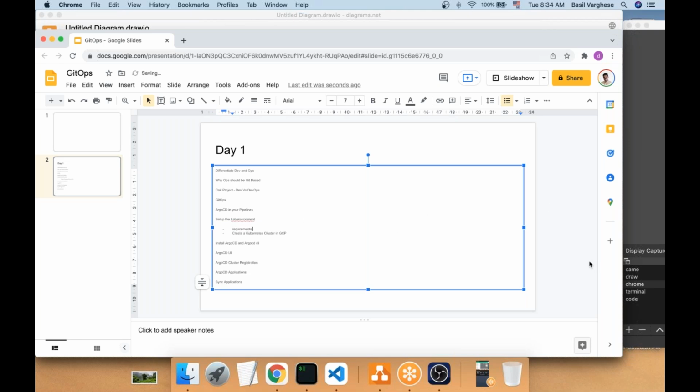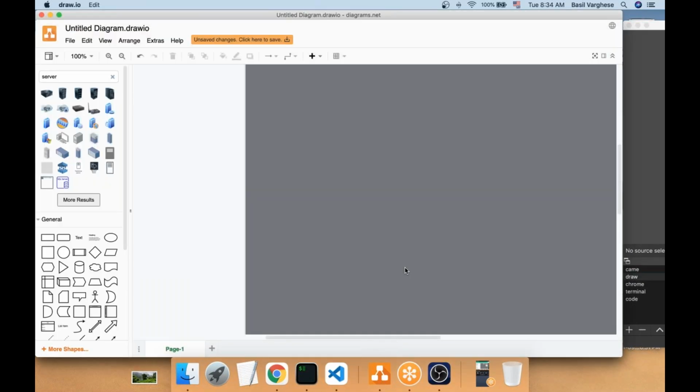So I'll talk about the requirements. For this training, you need your laptop, of course. Inside your laptop, you would be installing some client software, some command line tools. Apart from kubectl, you would also use the ArgoCD command line. So you need your laptop, and that is where kubectl will be there, ArgoCD will be there, and we won't